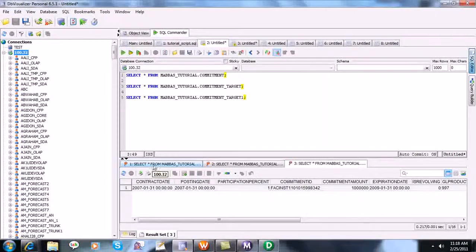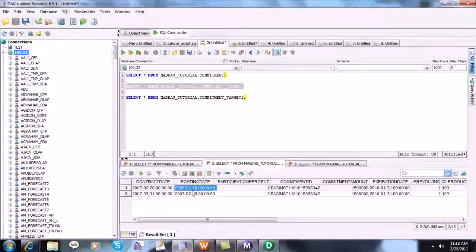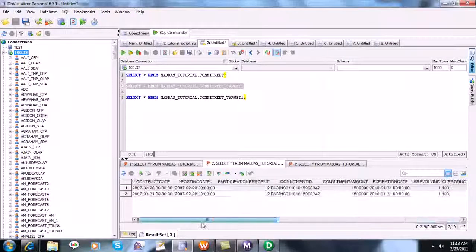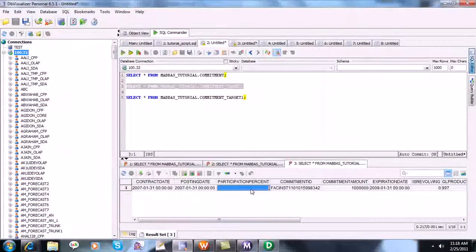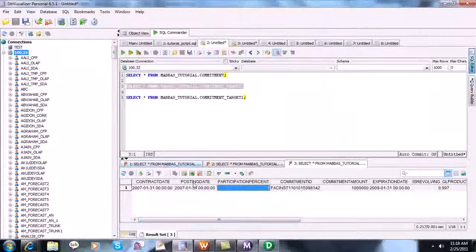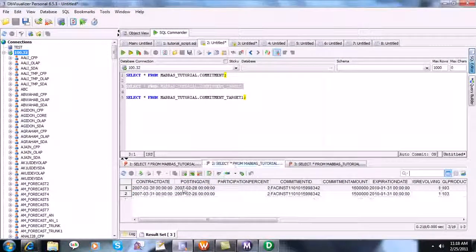Okay, so here we see that 3 rows are in the source. In this destination there should be 2 rows with the participation percent non-1, but this has 3 additional fields in the destination for which we used the expression transformation. This has 1, right? So only one row in this table with all the details, right? For first 131, 131, these are 228, 228 and 331, 228.